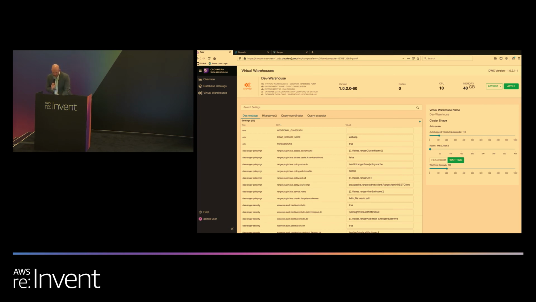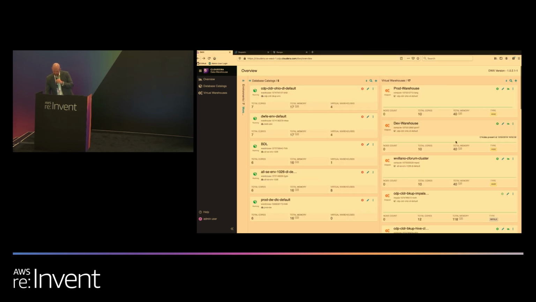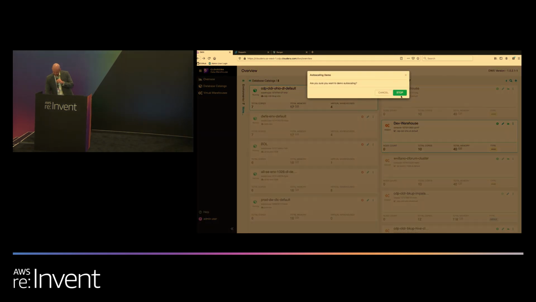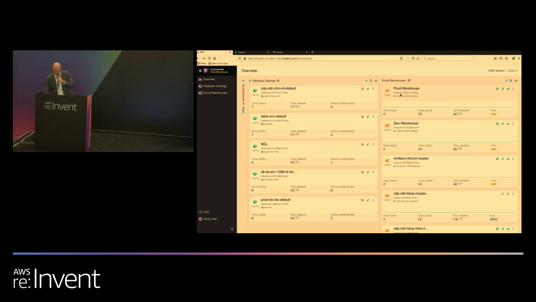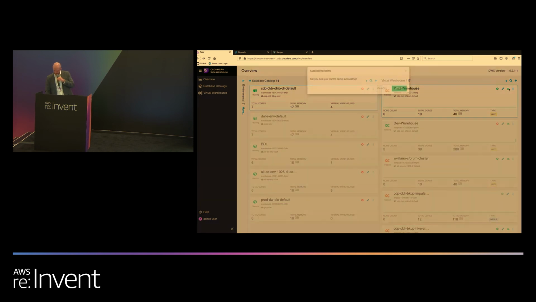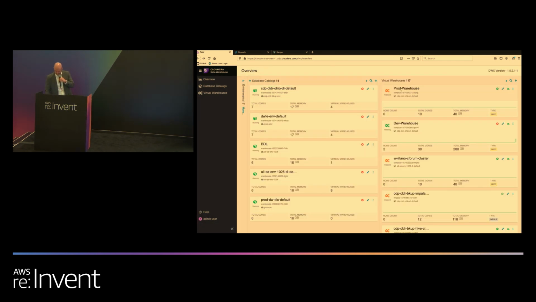Now, let's say they were moving along. And actually what we can do is initiate some queries on this real quick. There's a button there that lets me send it a bunch of queries so that you can see how it scales, for example. So I'm going to go ahead and send those queries. I'm also going to send queries to this one because I want to show that in a sec. All right, so if we go back to their request,